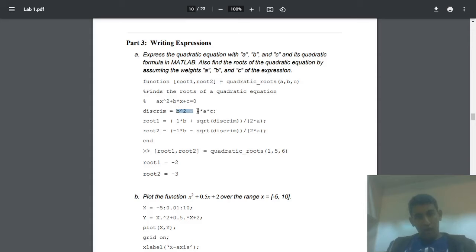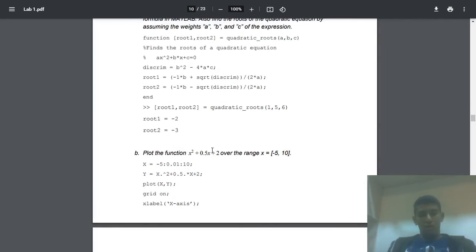So here I find the discriminant by taking b² minus 4ac, and I'm taking the square root here. So this uses the identity (−b ± √(b² − 4ac)) / 2a, and in case the discriminant is negative and we get imaginary roots, MATLAB will automatically handle those complex calculations.